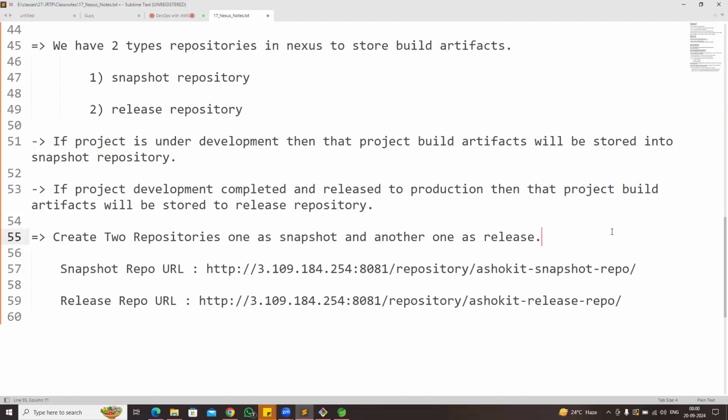So create two repositories, one as a snapshot, version policy snapshot, another one as release. Repository type Maven 2 hosted, and version policy you can select based on the repository. So for snapshot, the version policy is snapshot, and for the release, we will use the release version policy. Okay, now